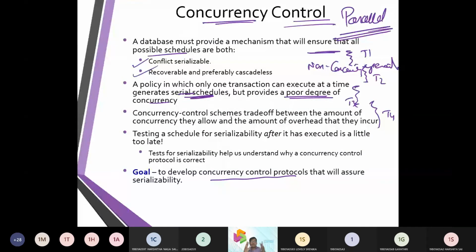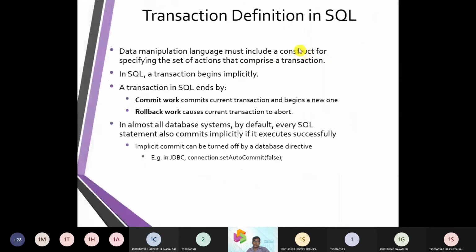Two or more programs working together in parallel, we call that concurrent. There are some drawbacks which were mentioned in conflict and recoverable. If they are cascadeless, it is apt for concurrency control.